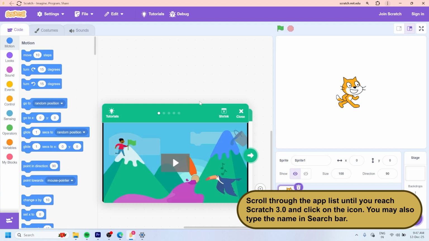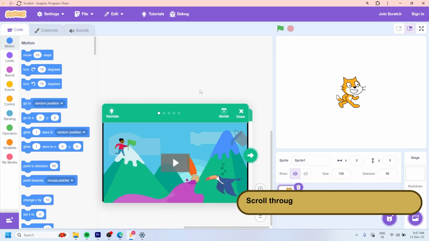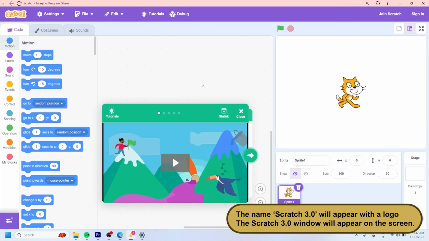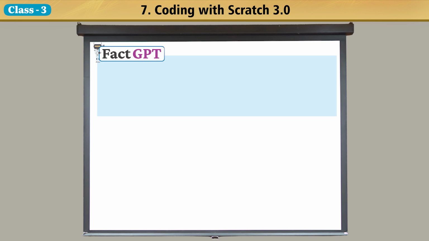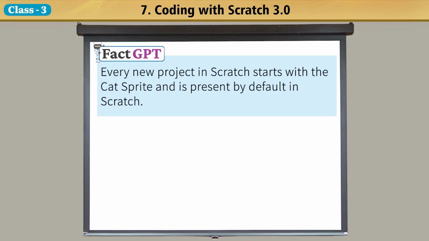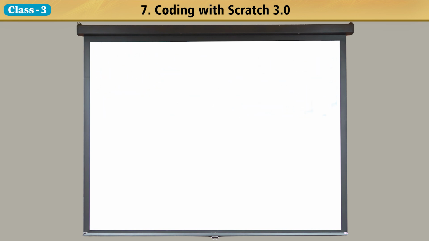You may also type the name in the search bar. The name, Scratch 3.0, will appear with a logo. The Scratch 3.0 window will appear on the screen. Fact GPT. Every new project in Scratch starts with the cat sprite, which is present by default in Scratch.